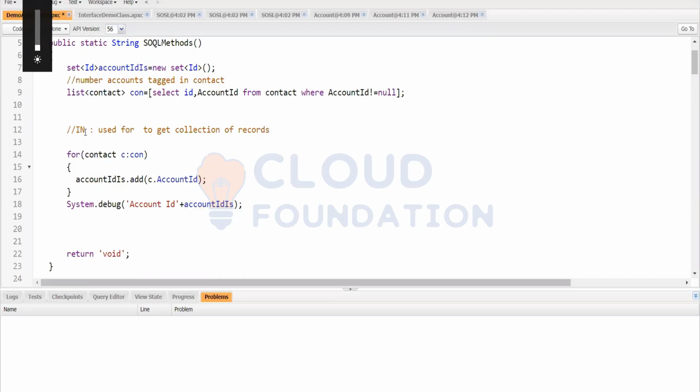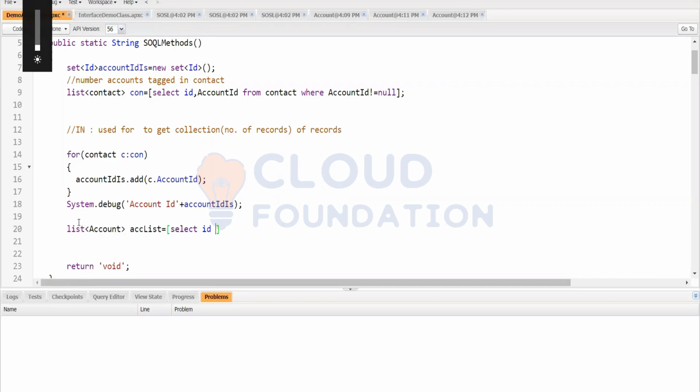If I want to query a number of records, a collection of records, and I want the account IDs, now I want to find those accounts whose ID is this. So how will I write it? List of account, ACC list equals to